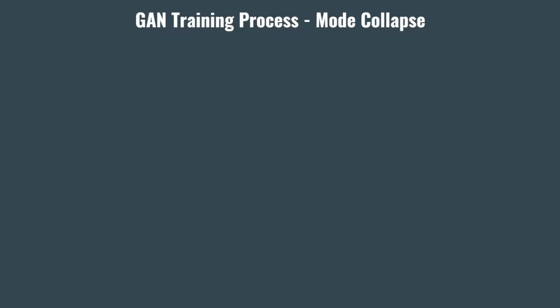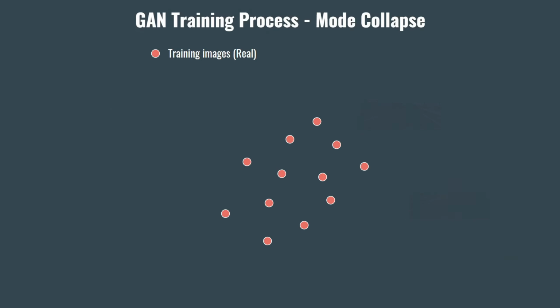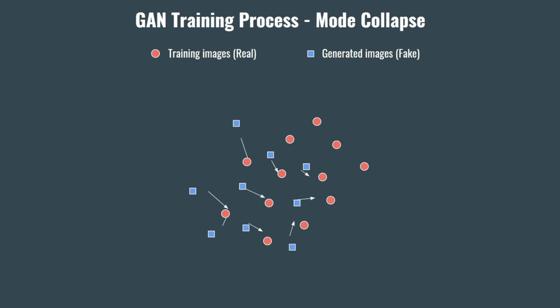With GANs, the training process often suffers from the problem of mode collapse. Imagine a bunch of training images in some higher dimensional coordinate space, which we simply represent here in 2 dimensions. Some of these points represent daytime samples and some represent nighttime images. Now, when we start training an unconditional GAN, we first generate a bunch of random images that will be pushed through the generator. Now, the training process essentially tries to push these fake images towards the training images so that